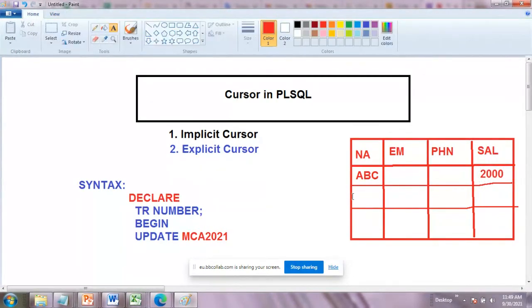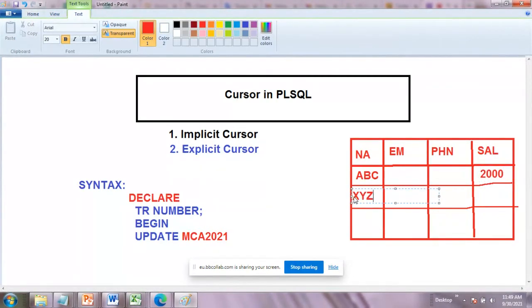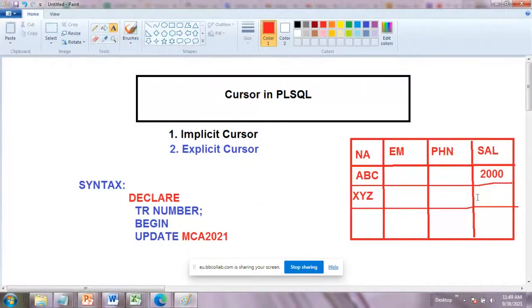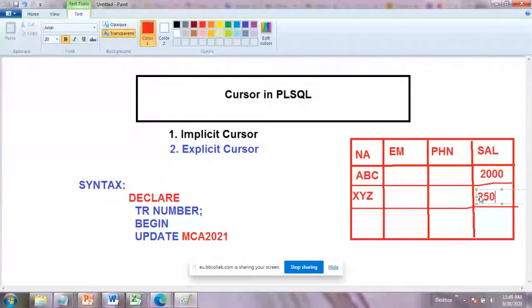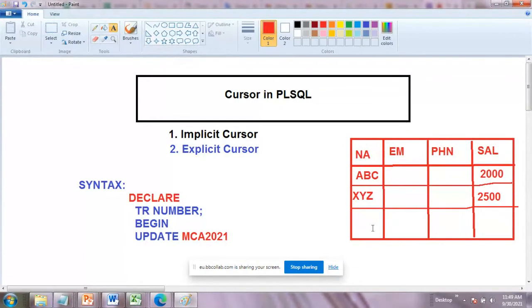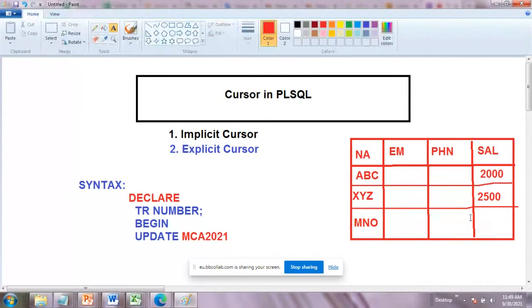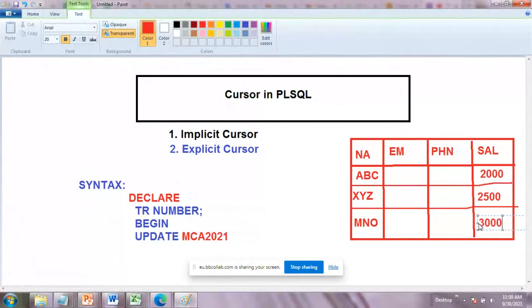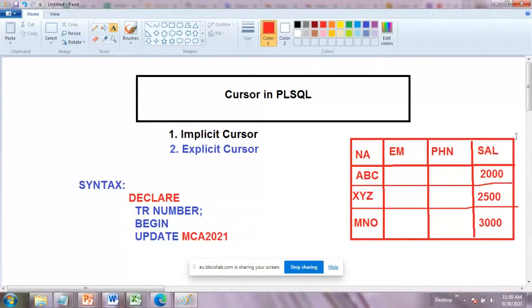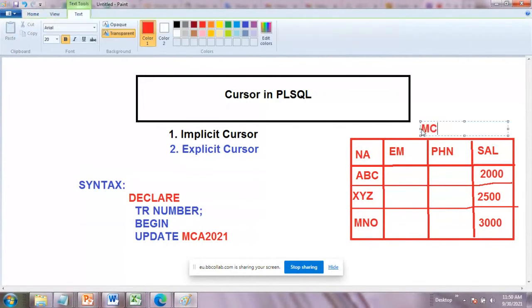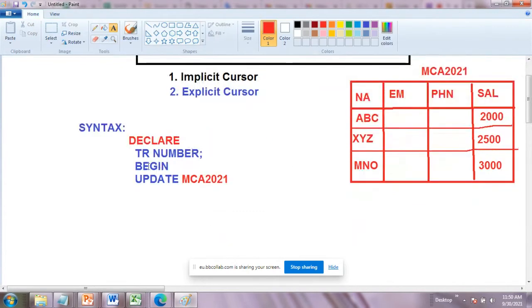Similarly, XYZ, the salary is $2,500. MNO, the salary is $3,000. I'm going to modify the salary. The name of the table is MC2021. This is the table name that is going to be updated.